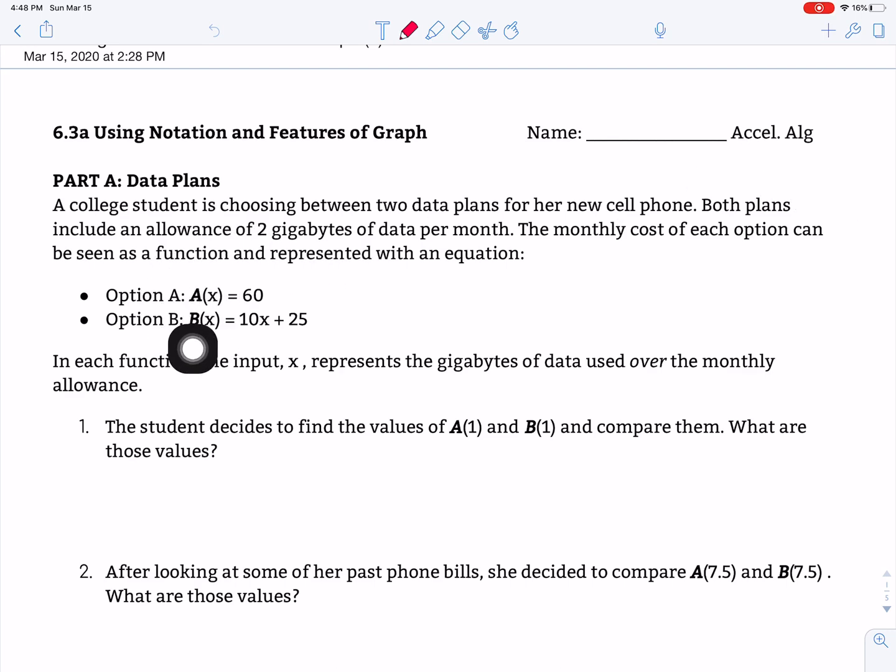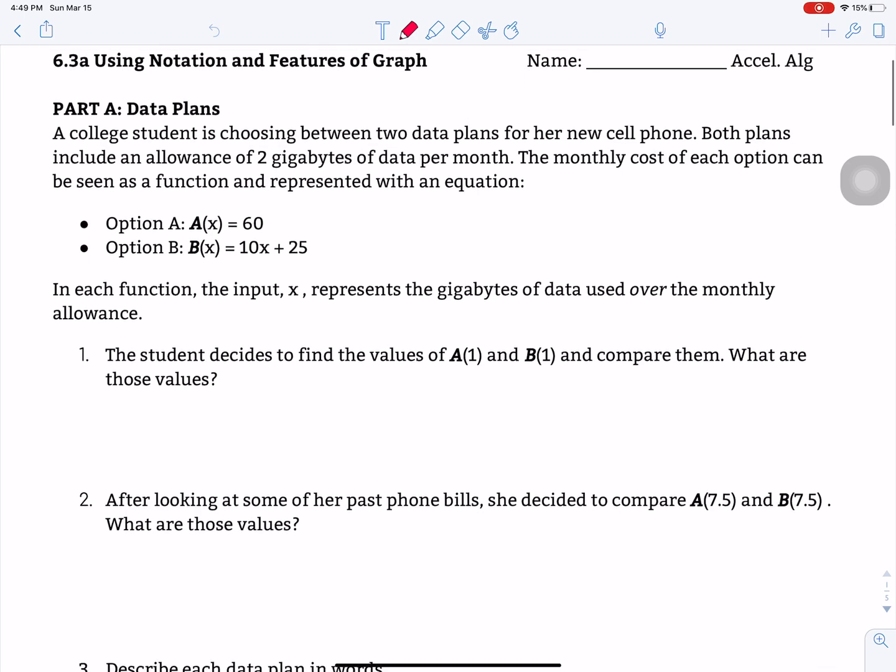This part here, when we say A of x, B of x, that means it's being represented by a function. Pause, see if you can make sense of what each of those equations are equal. All right, so option A, hopefully you figured out, meant that it doesn't matter how much she uses, she's paying $60. Option B means that she's paying $10 per gigabyte that she's over, plus $25 just to have that plan. So if she's not over, she'd only be paying the 25, but if you're over, every gigabyte you're over, you're paying